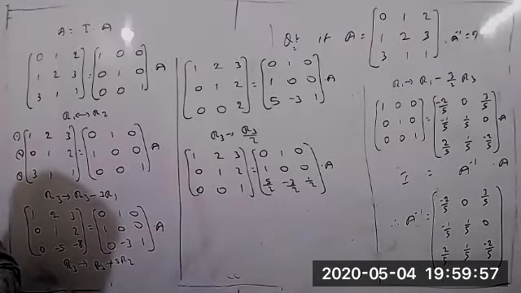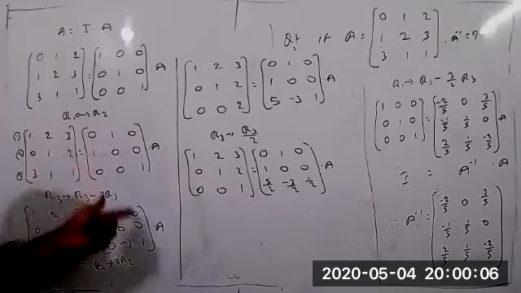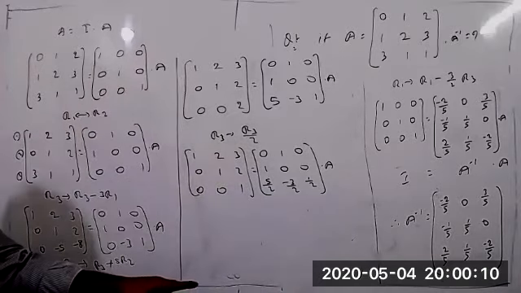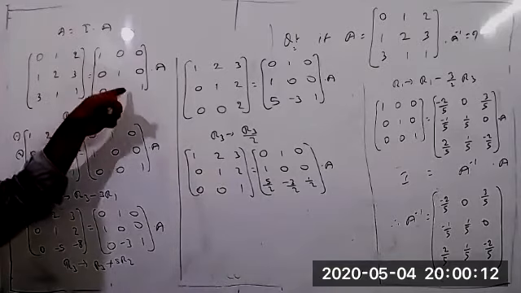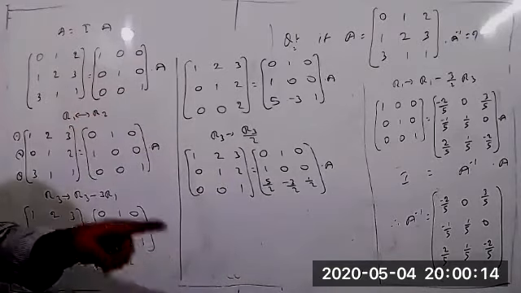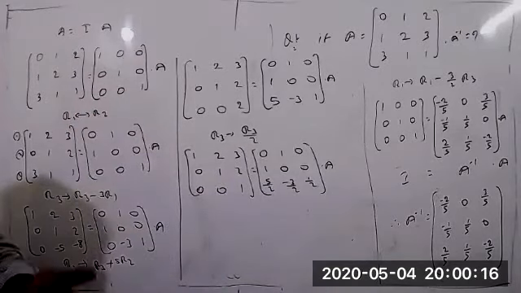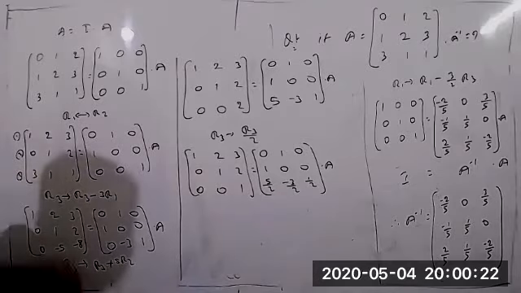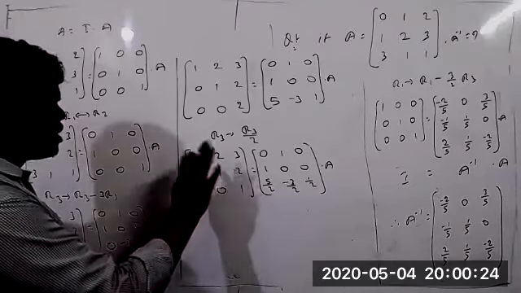You can apply only the same operation, either row operation or column operation. The starting one you can decide yourself. But if you start with row operation, up to the end of the problem you can apply only row operation. Suppose you start with column operation, then until the end of the problem you can apply only column operation. But if one step you apply the row operation and one step you apply the column operation, then 100% you will get the wrong answer. Okay, yes, 1 0 0, 0 1 1 also we got.